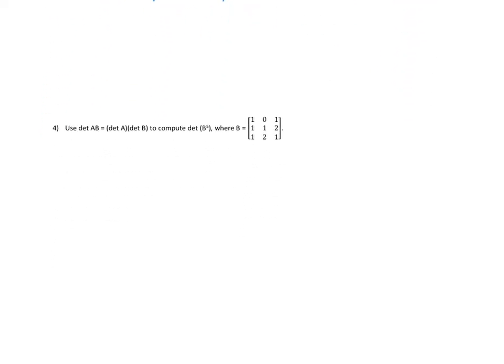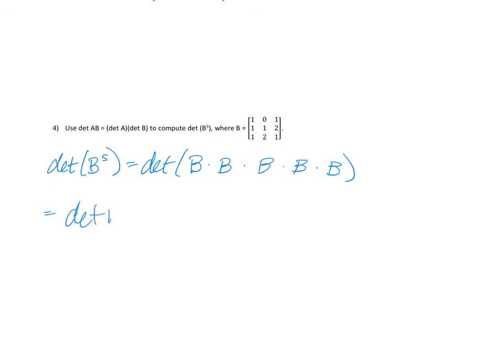Use the fact that the determinant of AB is determinant of A times determinant of B to compute the determinant of B to the 5th. Okay, so raising B to the 5th, multiplying a 3 by 3 times itself 5 times would be a lot of calculations. But luckily, I can do this faster by saying, well, the determinant of B to the 5th means the determinant of B times B times B times B times B, which is the determinant of B times the determinant of B